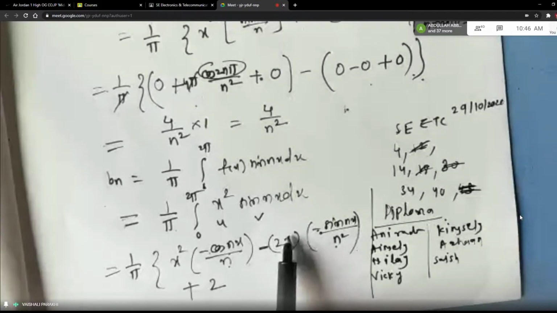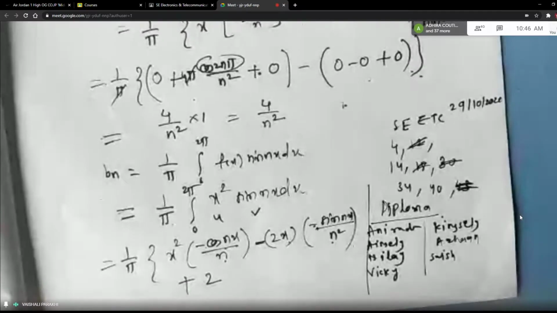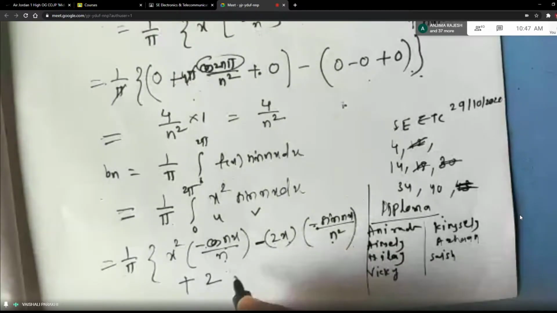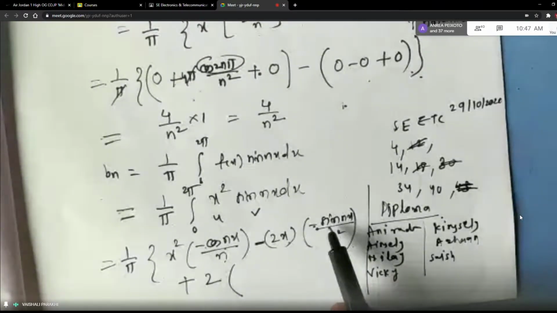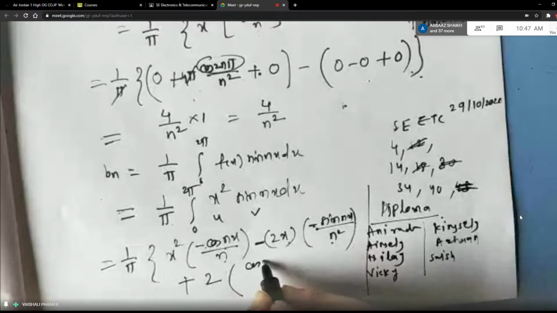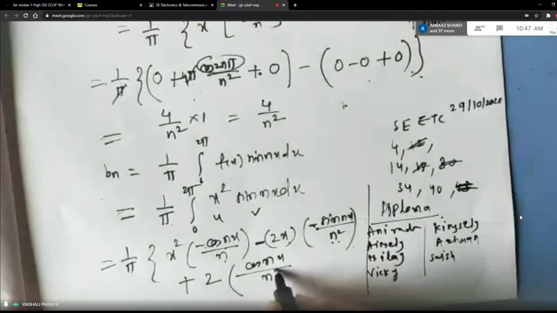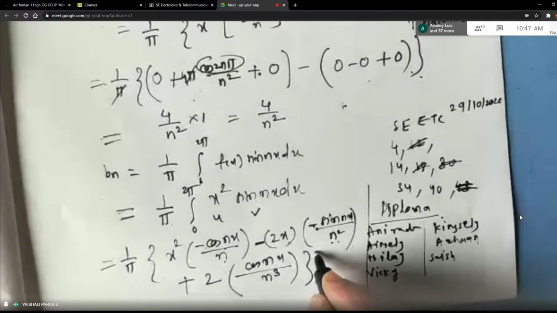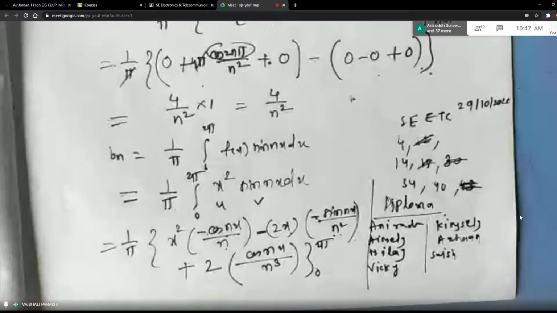Okay. So this is your derivative of x square, right? And its derivative we are taking here. So be careful about the signs. Don't touch the alternate changes in the signs in the formula in the first step. Once you use the formula, then you are free to open the brackets. So this is 2. And now the integral of sin nx by n square. Integral of sin is minus, right? So this minus sign will get cancelled. So cos of nx upon n, but this n into this n will be n cube. And your limits are from 0 to 2 pi. So I have done the same thing, students, which I did to find an also. Any doubt here?